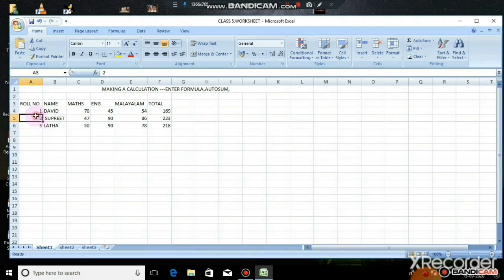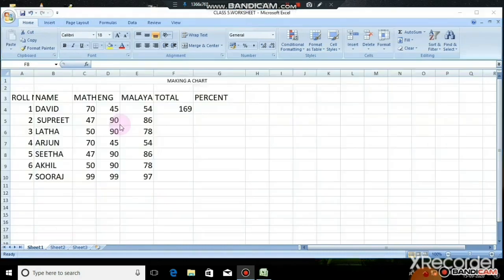One more special feature in Excel is the autofill feature. Okay, autofill. Just select the roll numbers and click and drag it. You can see the cells automatically get filled with the numbers. This feature is called autofill series. And our next thing is, now we are going to see the next feature, using auto sum.